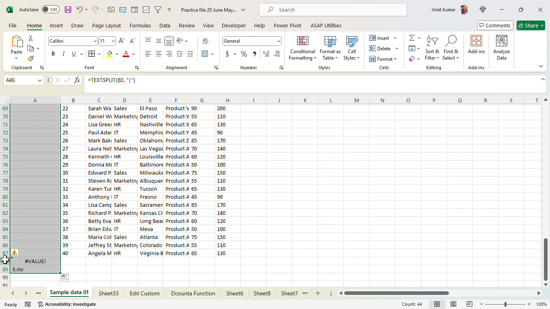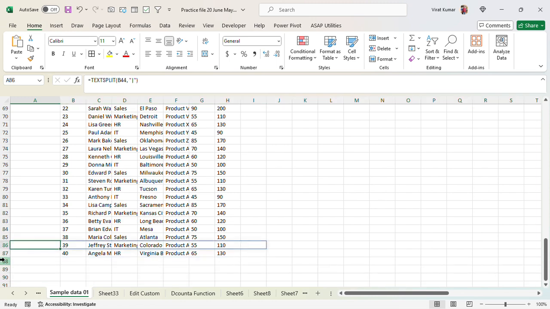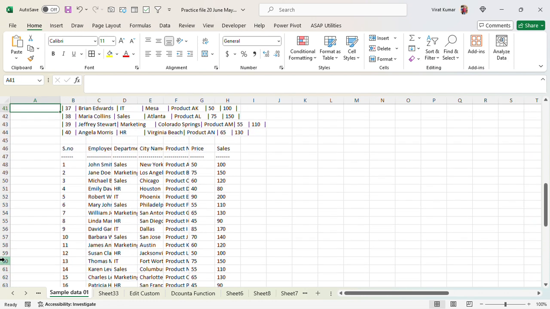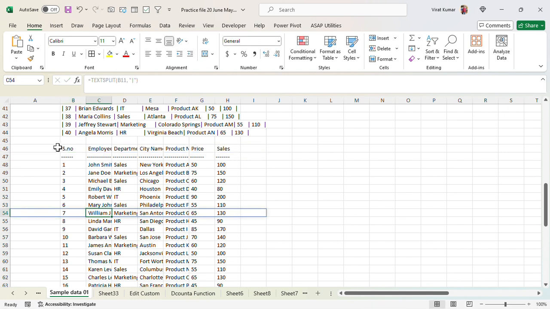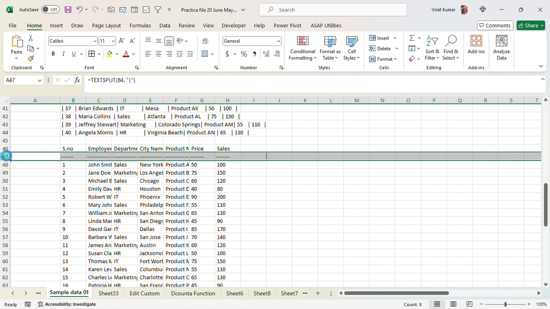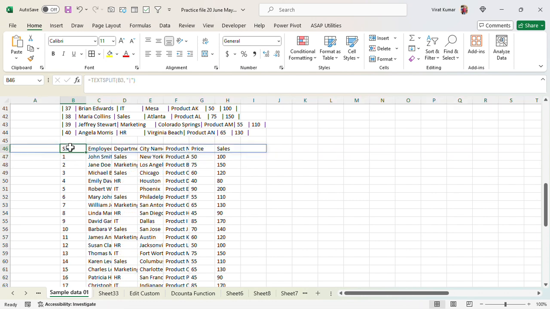So our data is almost clean, but the problem is that we can't do anything with this because the function is still there. So we need to clean the function from this. Let's remove the useless row, and convert this data into values.